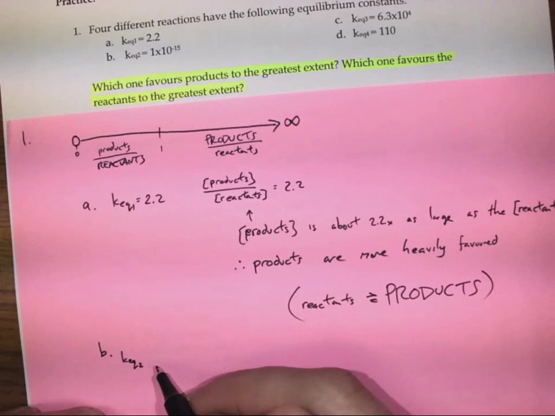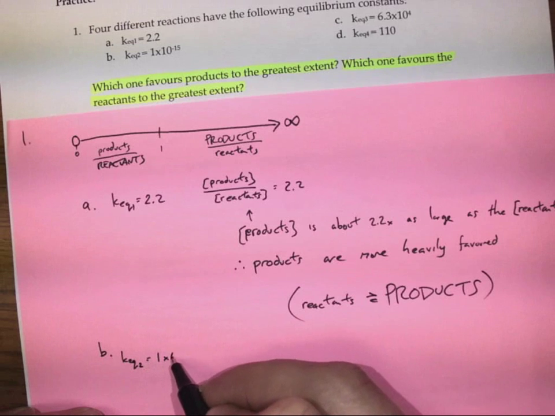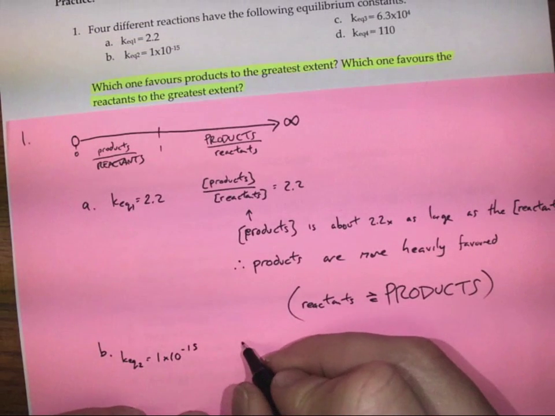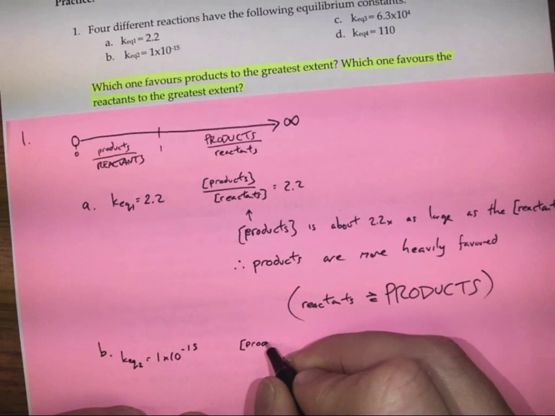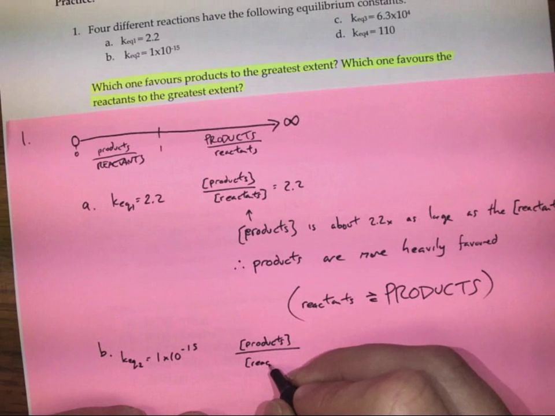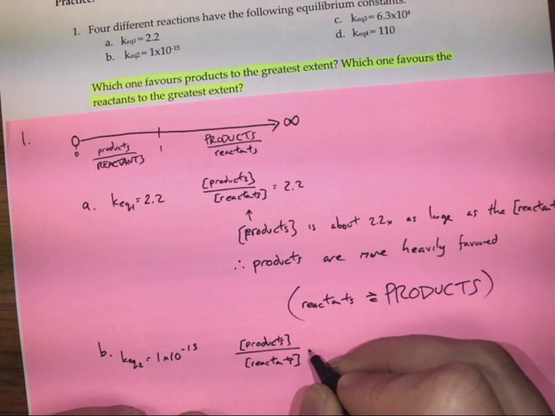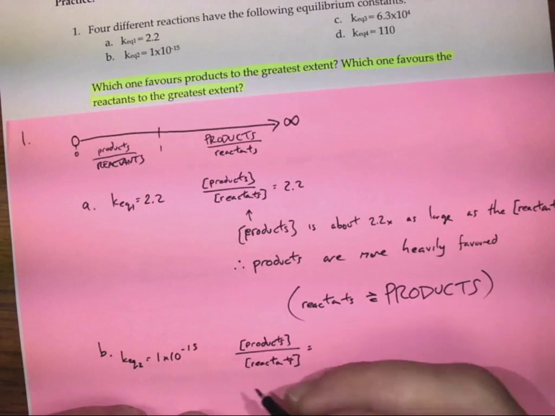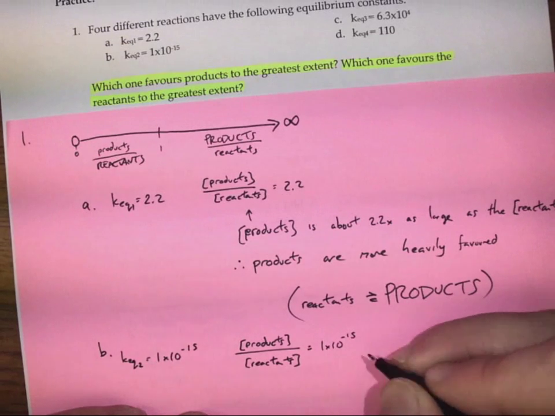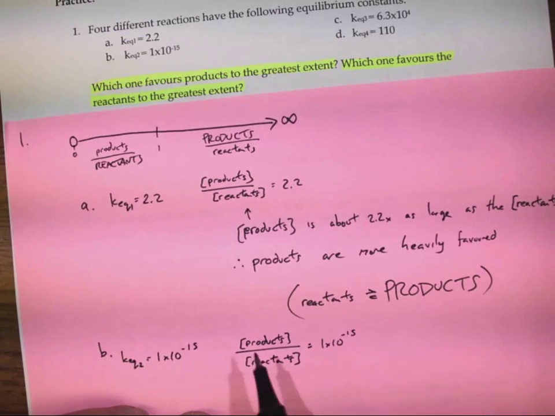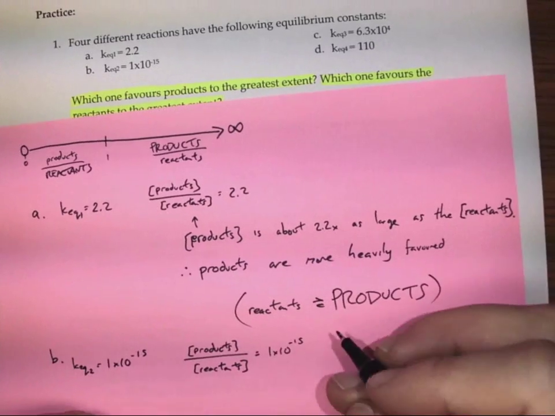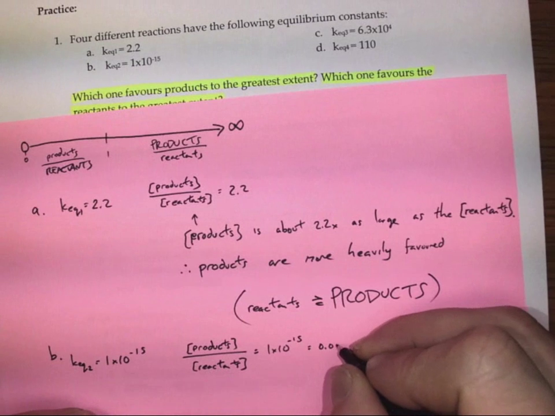So our KEQ2 is 1 times 10 to the negative 15. Okay, so that means when I divide the concentration of my products by the concentration of my reactants, I get really just 10 to the negative 15. Now it's important to recognize that is a number between 0 and 1, very close to 0. This is another way of saying